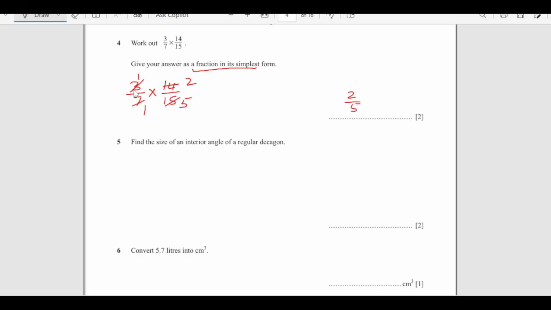Right. Now find the size of an exterior angle in a regular decagon. Now do you remember what is the number of sides of a decagon? It is 10 sides. Right. A polygon with the 10 sides is called a decagon. We are looking for the interior angle. So we know that the interior angle